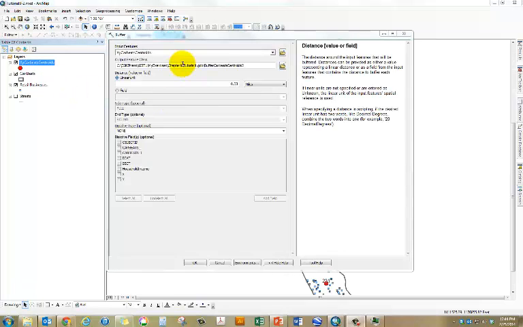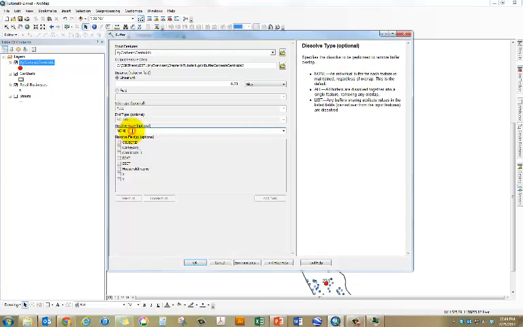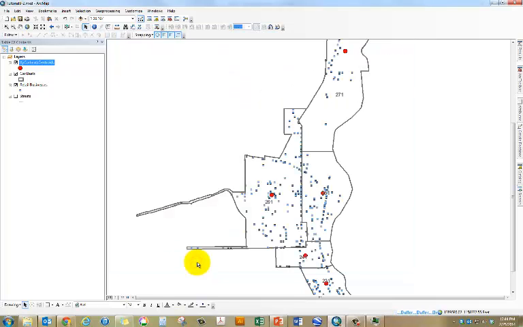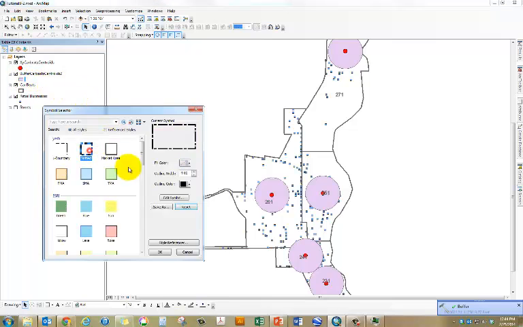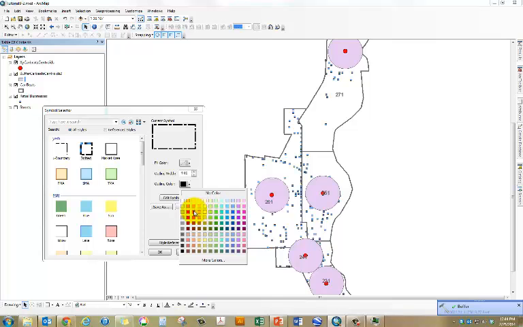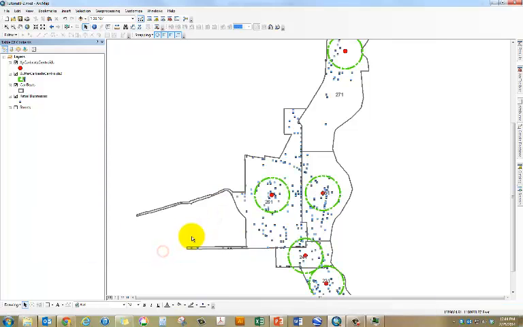So when you're creating this, make sure you have miles selected, otherwise your map won't look right. So click OK, it'll be added to the map, and then you can change the symbology to something of your liking, perhaps green of some sort, and then